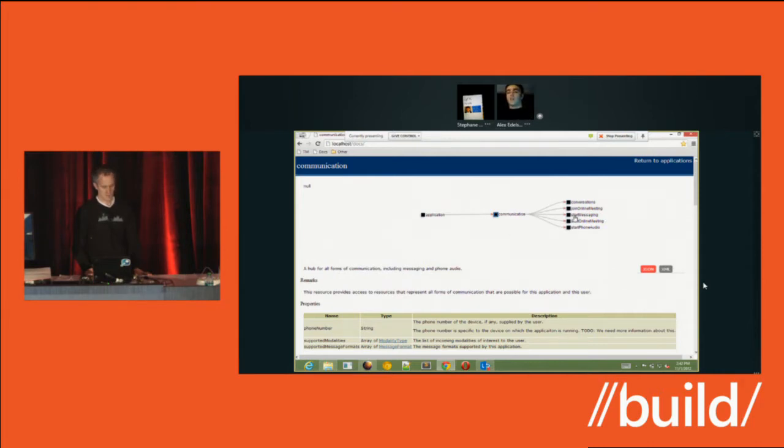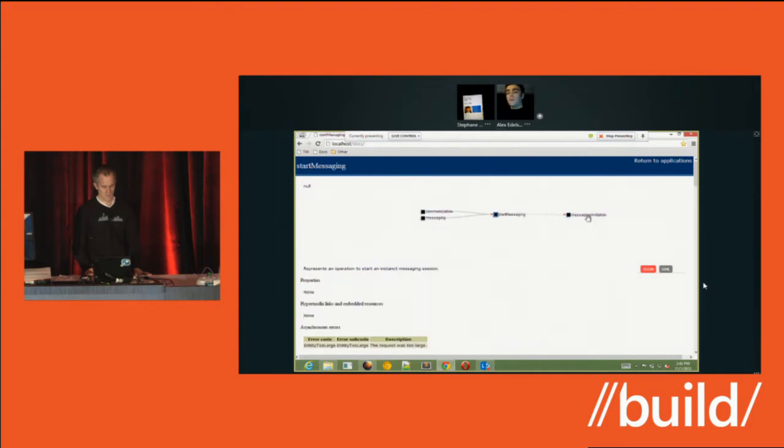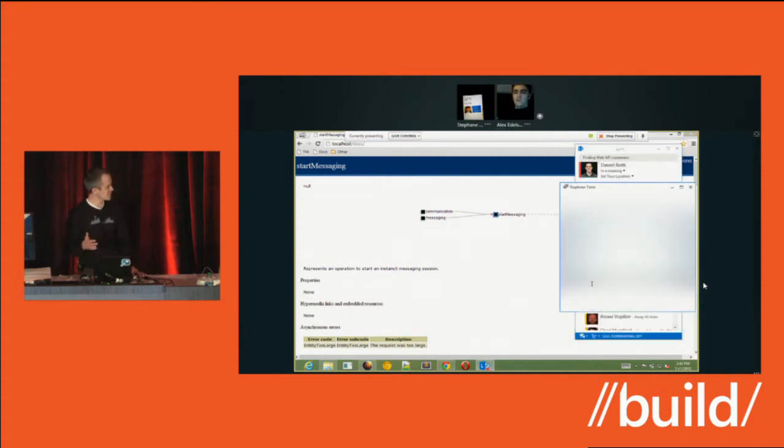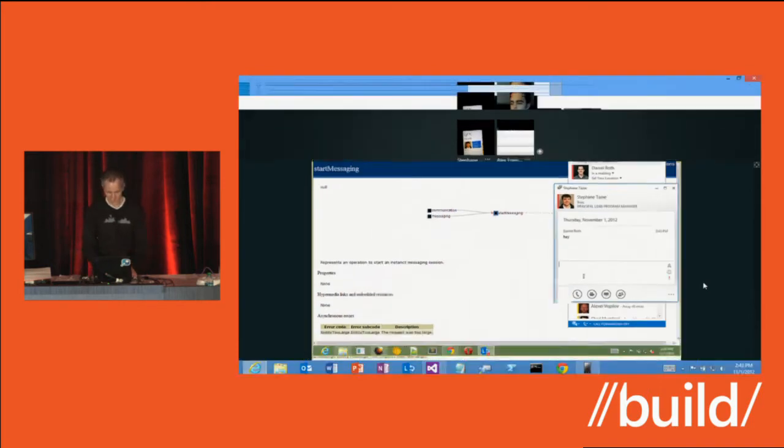So I go to communication, start messaging, go to a messaging invitation, and that would start the IM conversation that we were attempting to show over the phone. So these are links that are sent in responses to the client. The client can then pull out and use in order to navigate the state of the Web API. That's great, and this is fantastic documentation on how to do that. Wow. Okay. Cool. So hey, thanks guys for showing us what's available and what's possible.